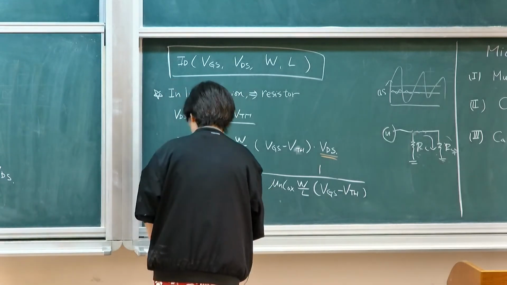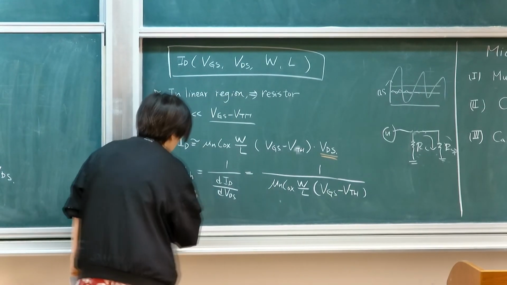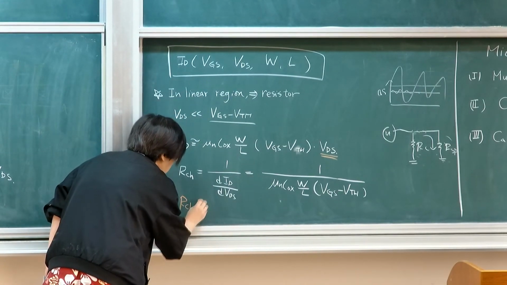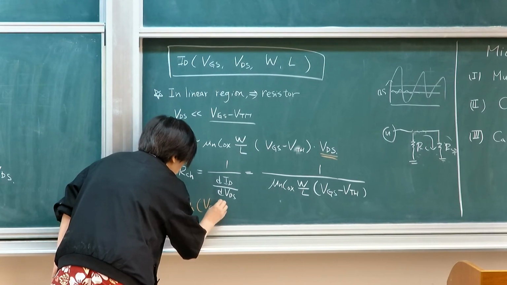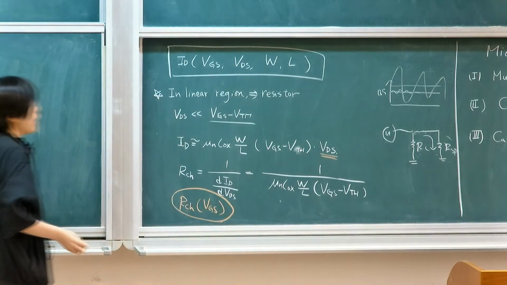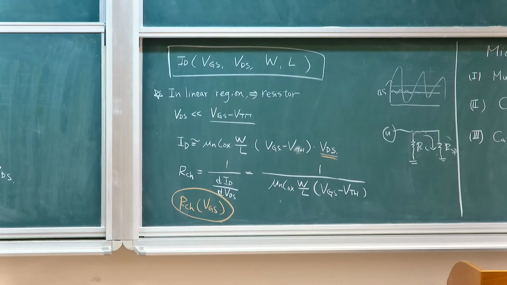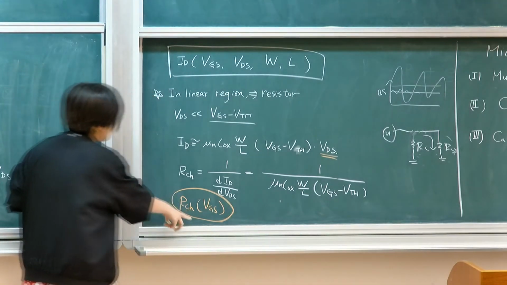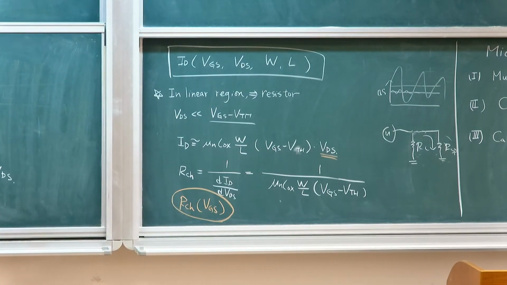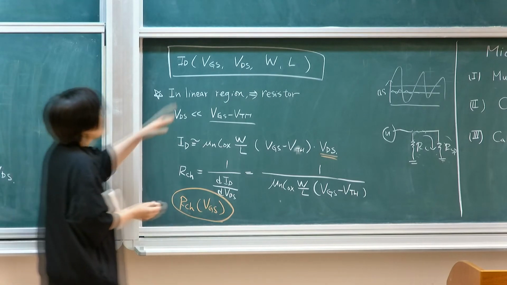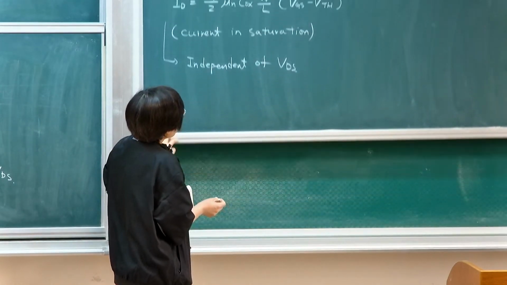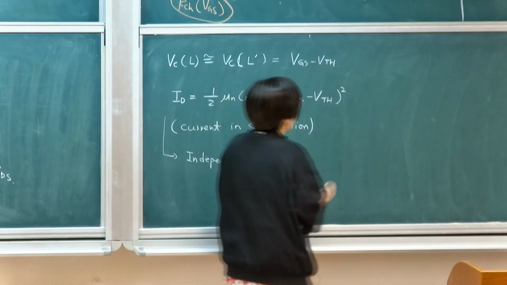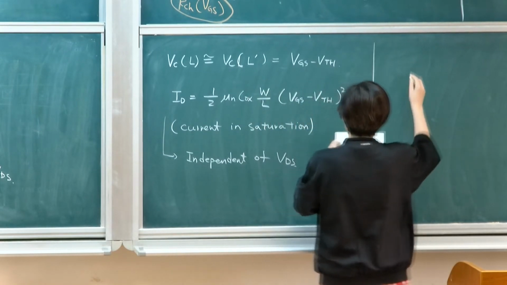My channel resistance can be controlled by VGS. So we can use it as a resistive component when you want to realize a transistor in a circuit. This is very commonly used if you want to approximate a resistance in integrated circuits. The next important thing is that in saturation,